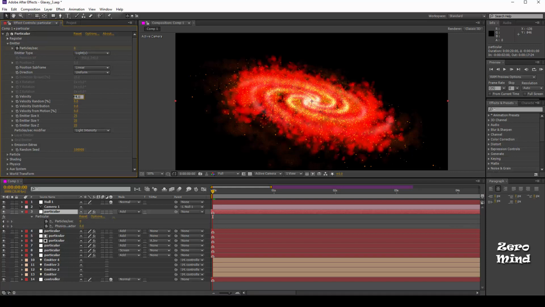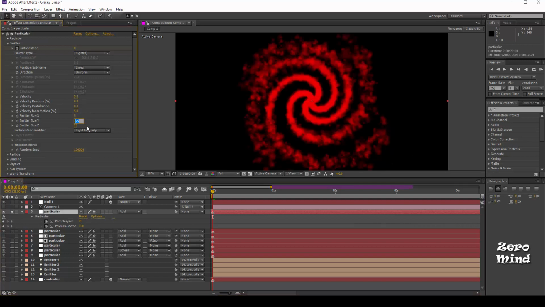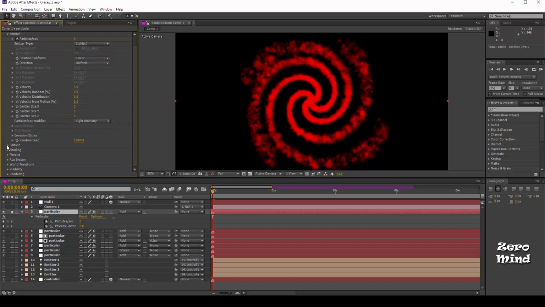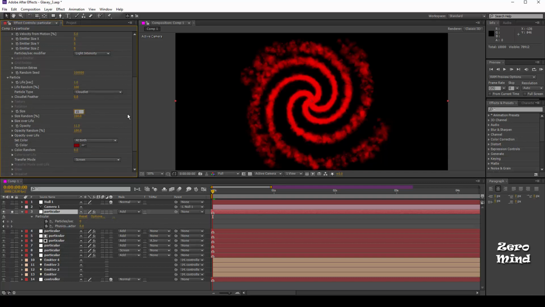Keep the velocity 5.0 and velocity in motion around 5.0. Emitter size 5 in all the axes. After see here, particle life 15, particle size up to 15.